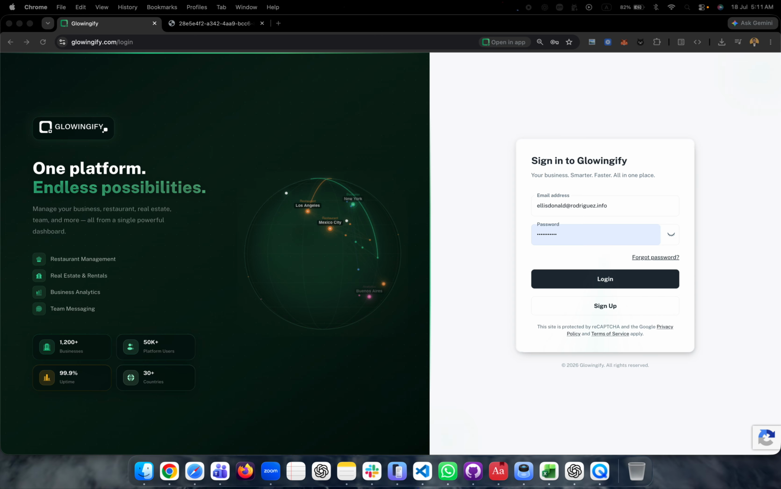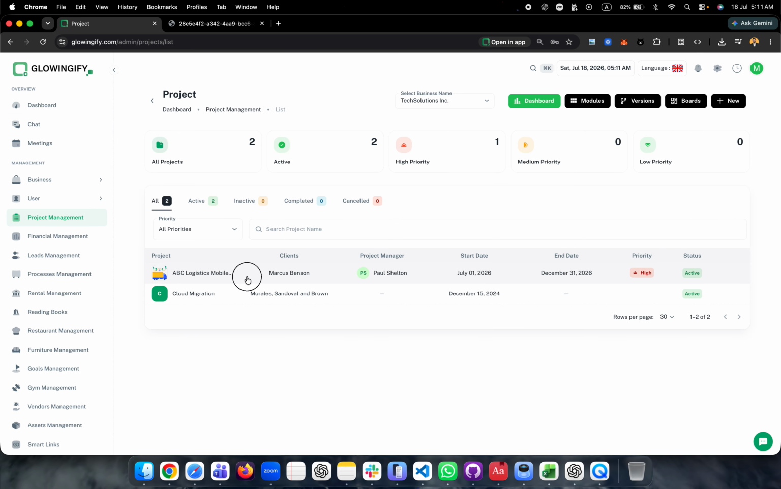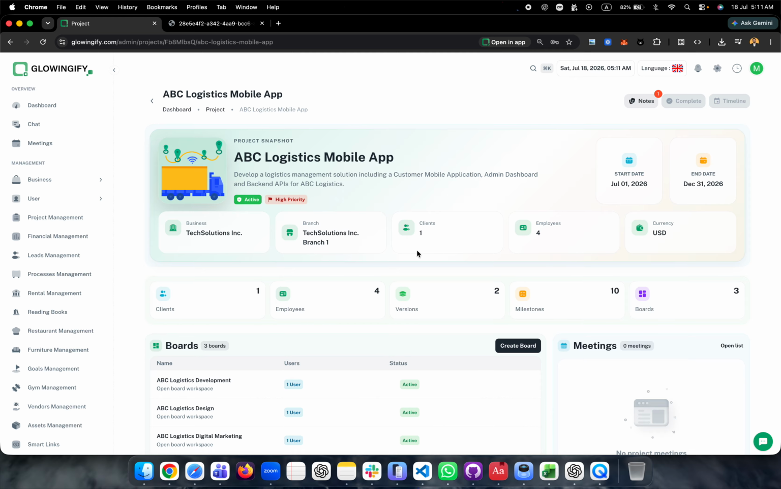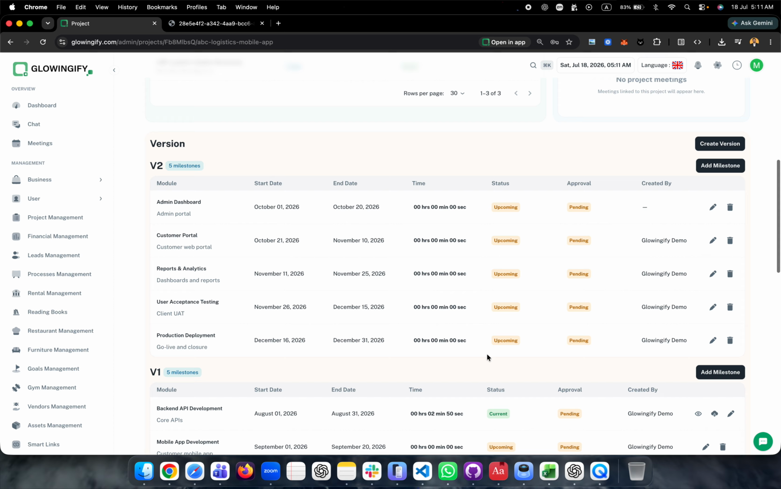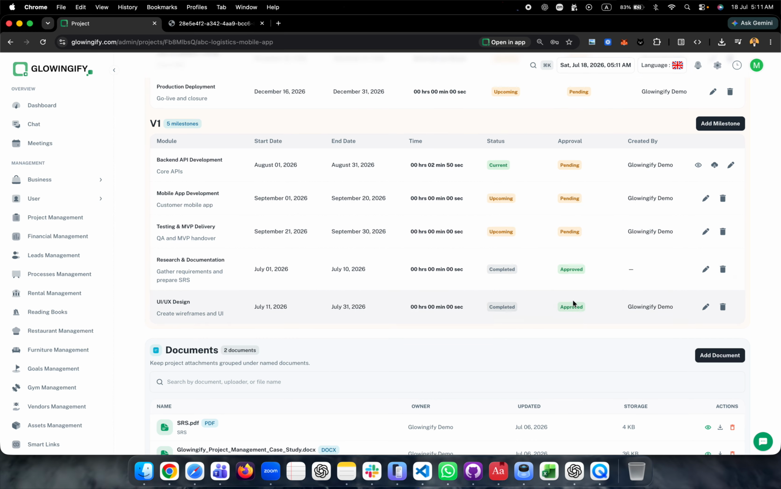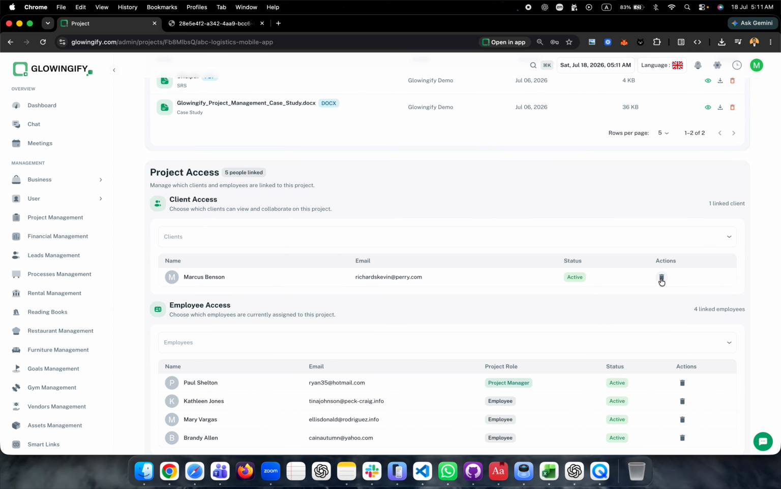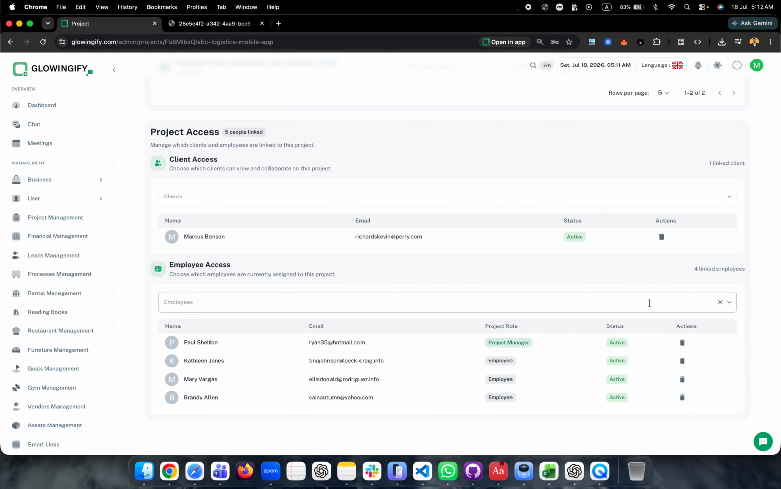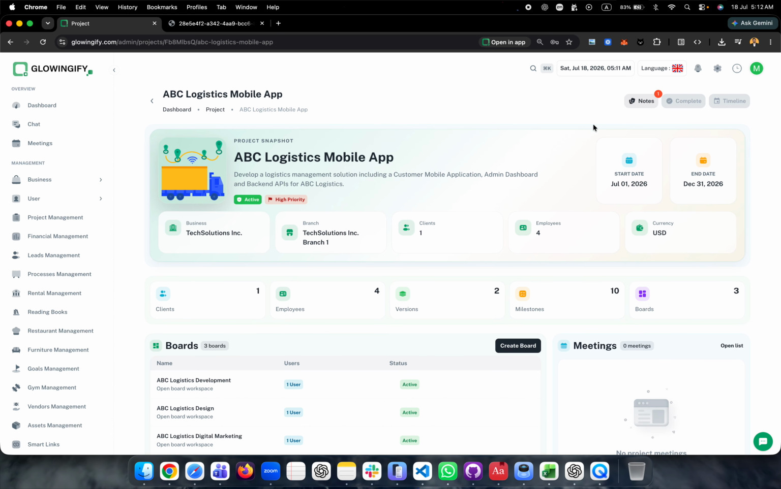He will definitely be able to see fewer things than the project manager or the client. So I go to the project. Now I am an employee. Okay, I think I can create the boards as well. I can see the list data and all that as well. I can see the documents, the clients, and also the employees. So this is the employee side of